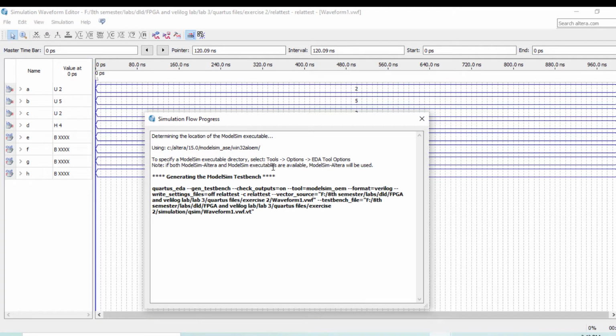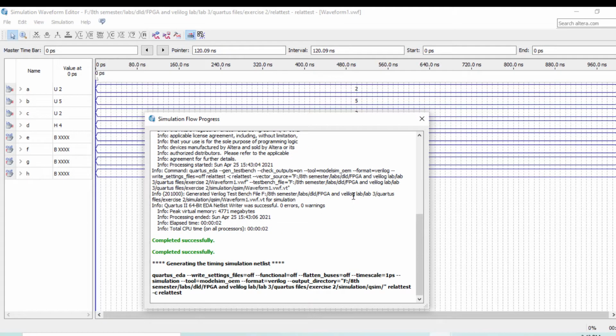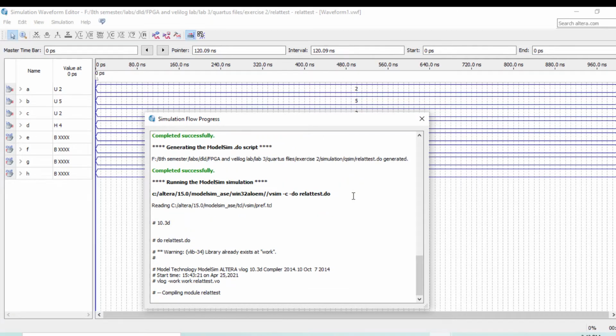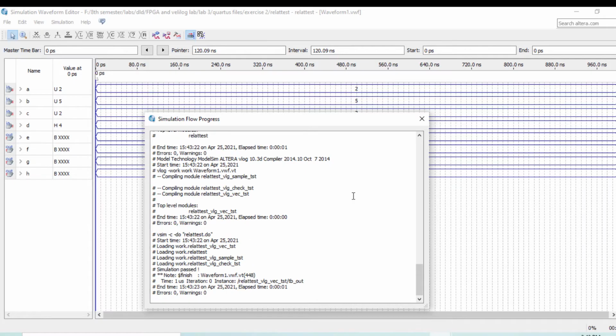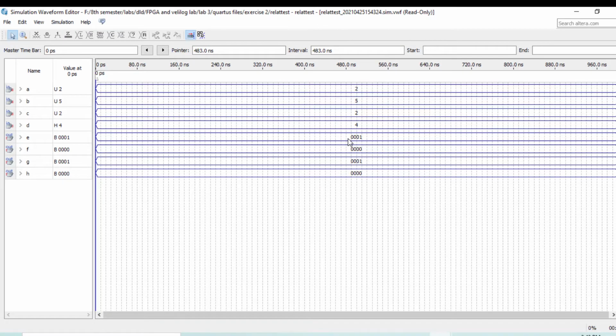Here you can see compilation is in run mode. And here you can see our compilation is finished successfully, and here you can see our output values of E, F, G, H.